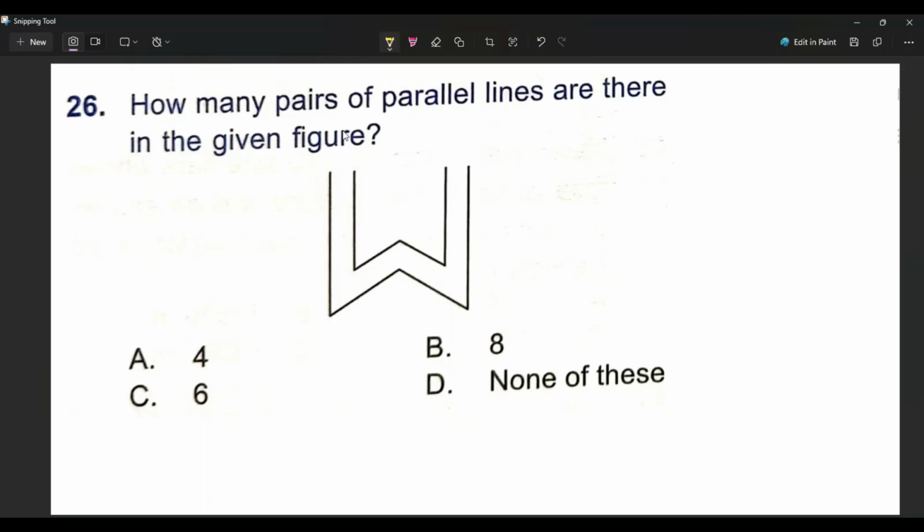26th question. How many pairs of parallel lines are there in the given figure? So this is the given figure. We have to find out how many parallel lines are there in this given figure, children. First, let's name the lines given: A, B, C, D, E, F,